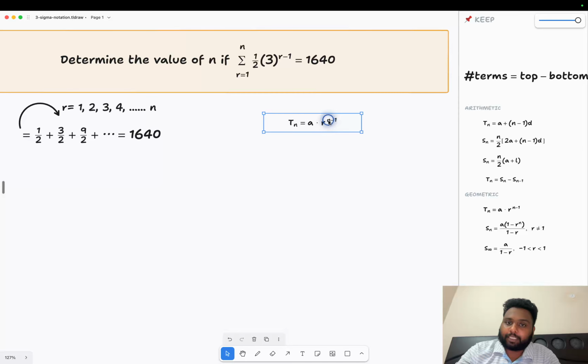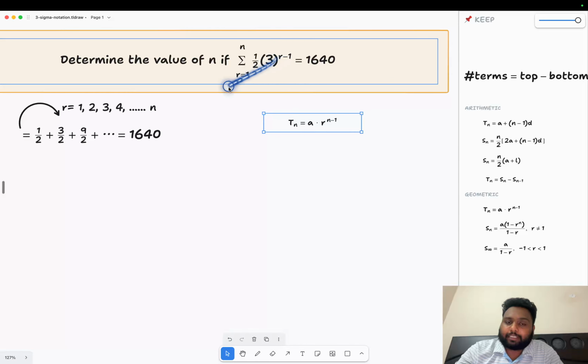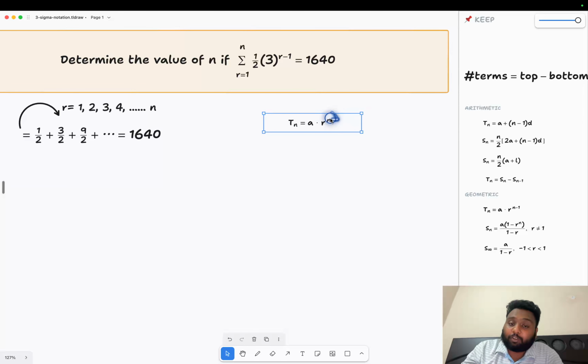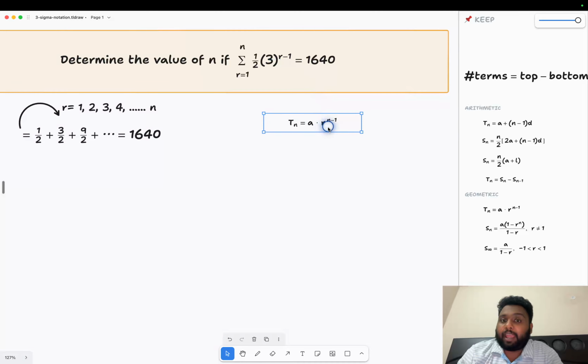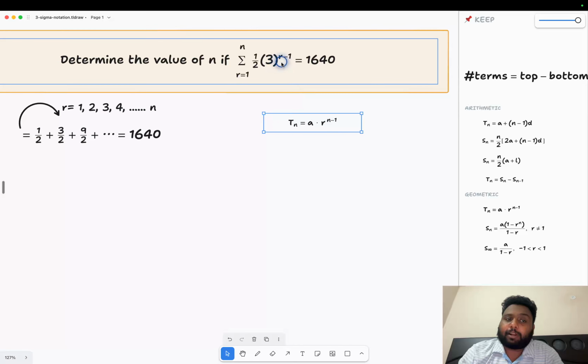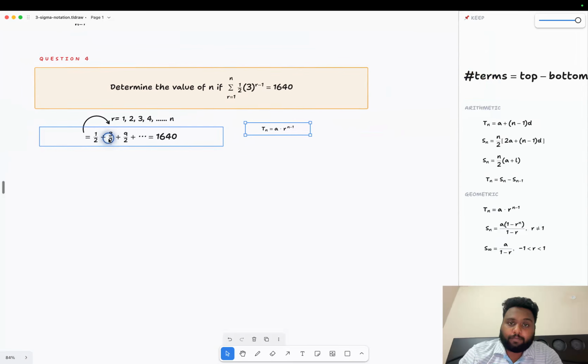And n minus 1 is just written as r. Just like we used k or n or something to represent it, now we are using r to represent here the common ratio. That's why maybe this formula looks confusing, but these are just general terms which you can use. But if we compare it, then the value of r is 3 and my n in this case is just written as r. Okay,